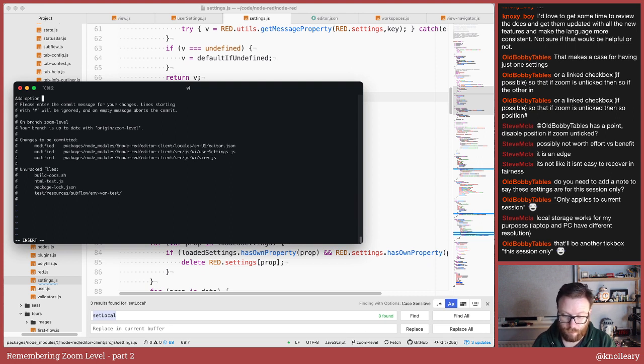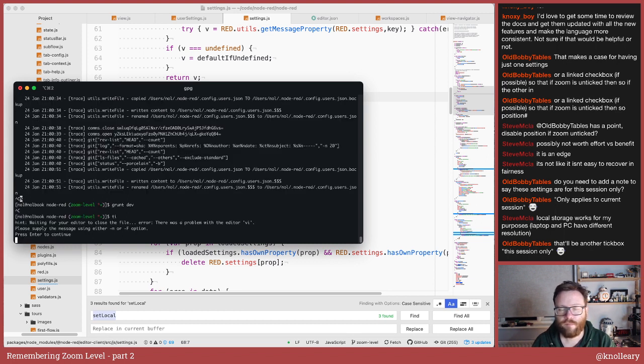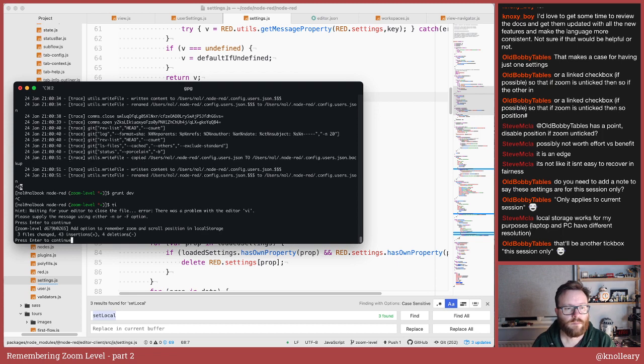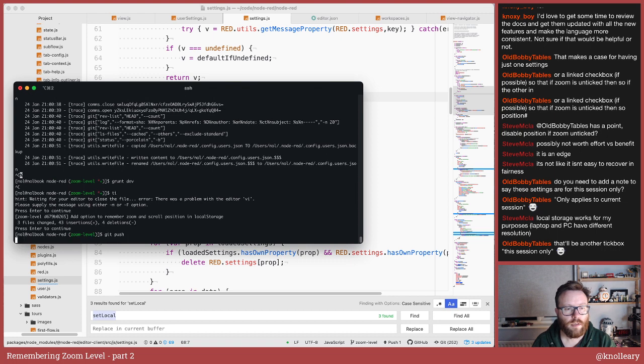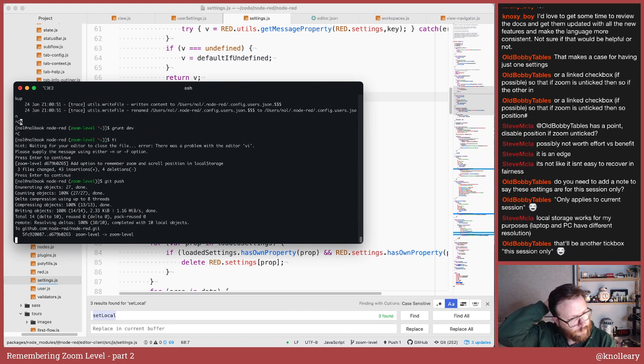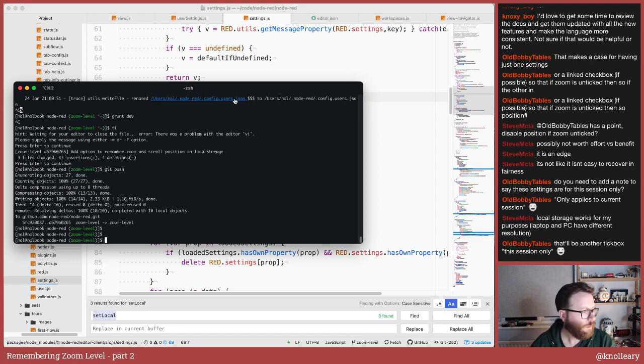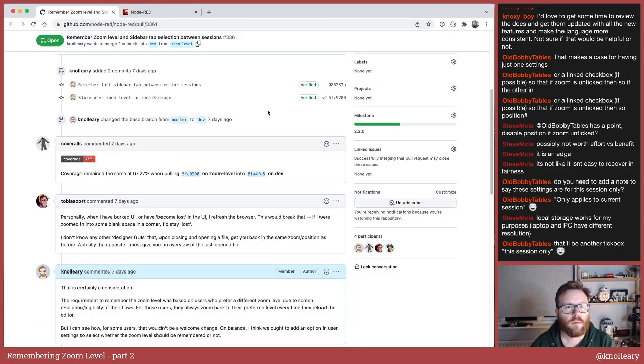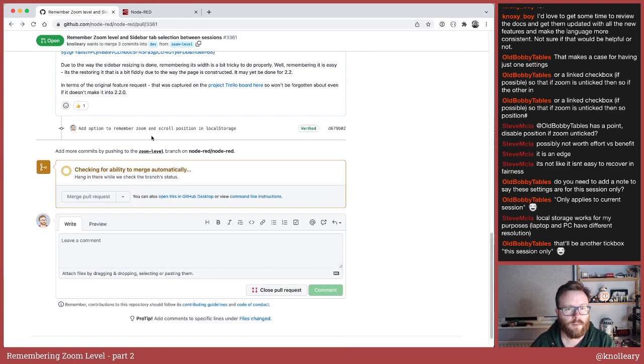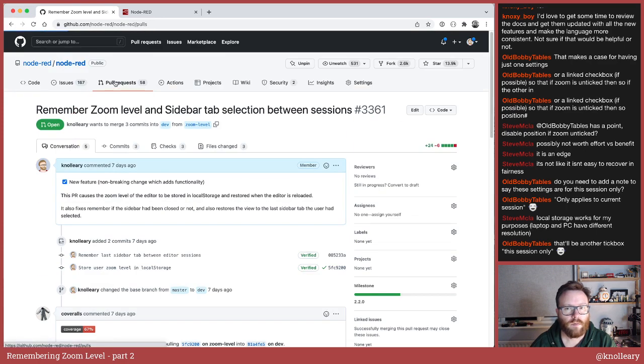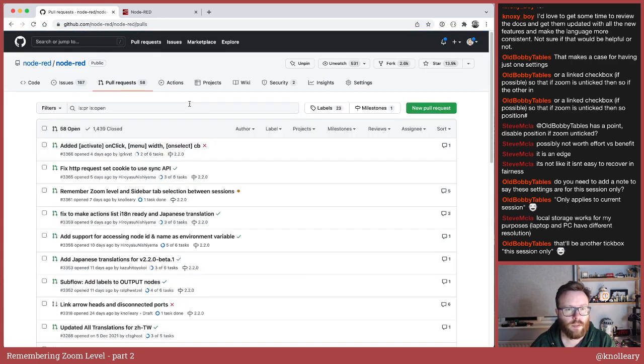Add option to remember zoom and scroll position in local storage. This is better. Okay, we'll push that up. So now the pull request will refresh directly, and that's good to merge.